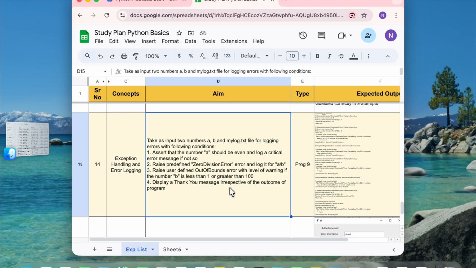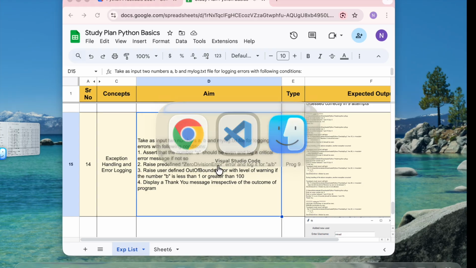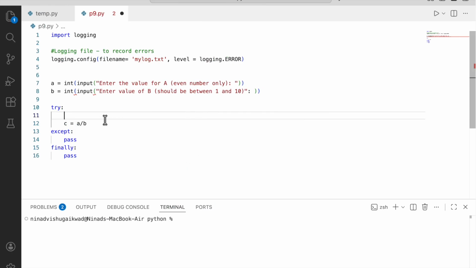Display the message irrespective of outcome. Okay, division by zero error will come only when we have this. Alright, so let's first try the assertion error, because assertion error is first, right? So assert,